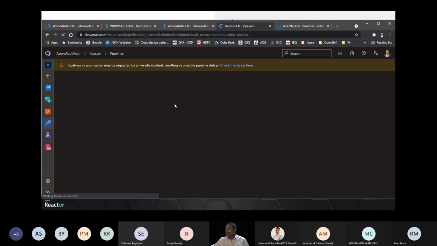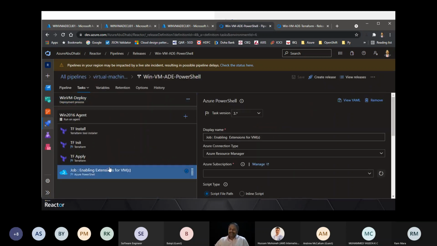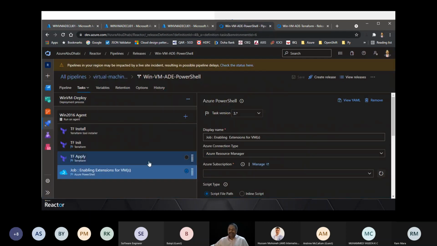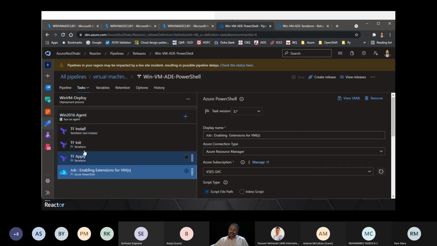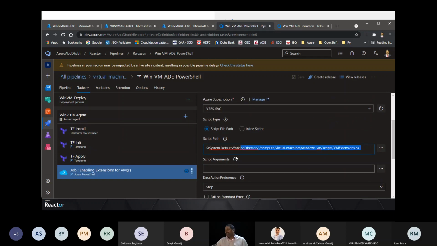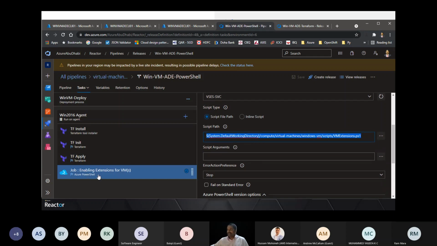For the time's sake, you can add the PowerShell task here, right? Whatever steps we have done here, I've just done some small scripting, and the same using the PowerShell task in Azure DevOps. Using Terraform, I'm trying to create a virtual machine. After creating the virtual machine, this is the PowerShell script, which I'm running using the Azure DevOps task.